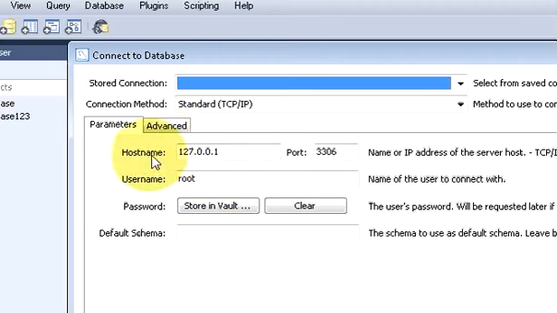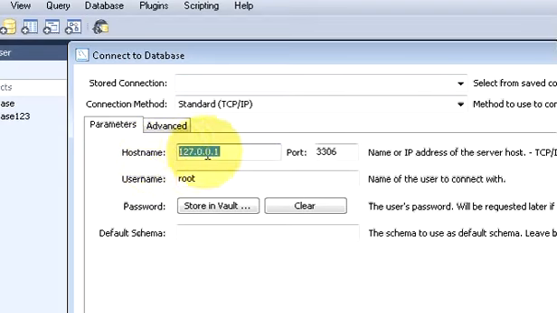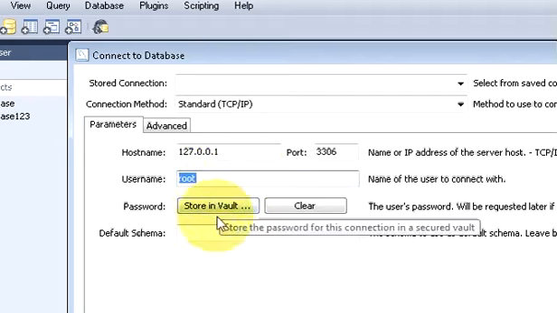So your host name is 127.0.0.1, which is a local host. So MySQL is connected to my local host. The port is 3306 for my connection, and my username is root, and my password is also root